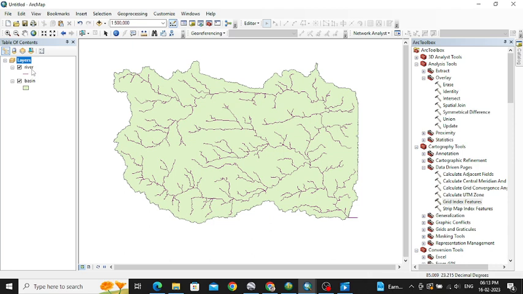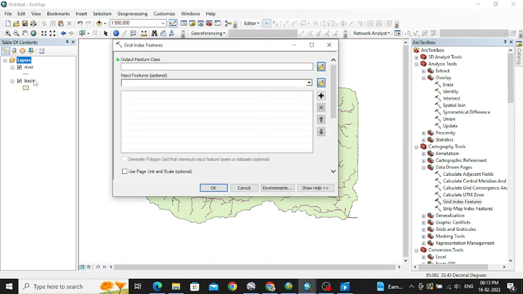Here you can see a river and a basin shapefile are added. At first we need to create a grid around our basin. For the grid purpose we use the cartography tools, then data driven pages, and then the grid index feature. Just click on the grid index feature and add the basin shapefile here, and change the name into